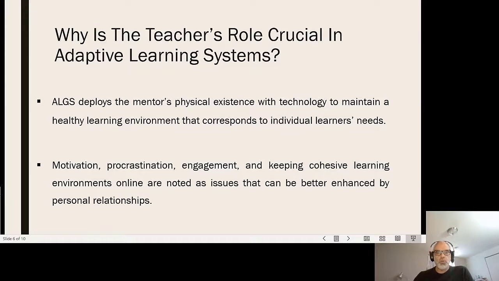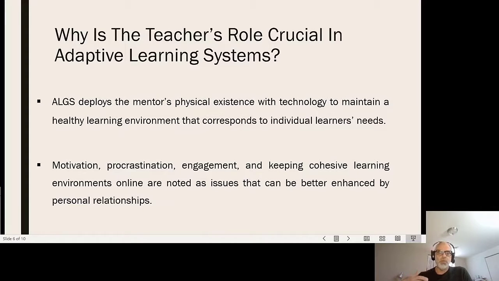So why is the teacher role crucial in the adaptive learning system? Adaptive learning system deploys the mentor's physical existence with technology to maintain a healthy learning environment that corresponds to the individual's learning needs. So basically, this could be in a classroom environment, in a one-to-one setting, offline, online, depending on